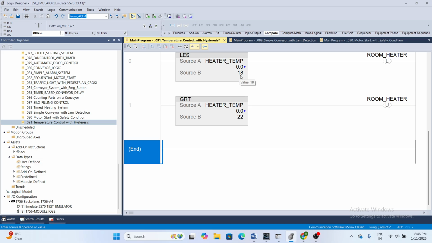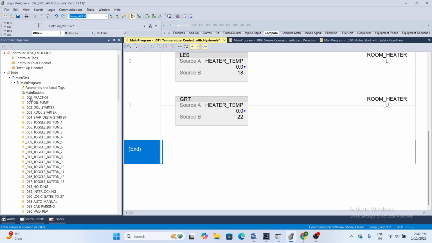Understand? Between 18 and 22 degrees, the heater should not turn on. Understand? It means when the temperature goes below 18 degrees Celsius, then the heater will be on. When the temperature goes above 22 degrees Celsius, then the room heater will be off. Understand? Then I have to create this logic in a subroutine, and now I am going to call it in the main